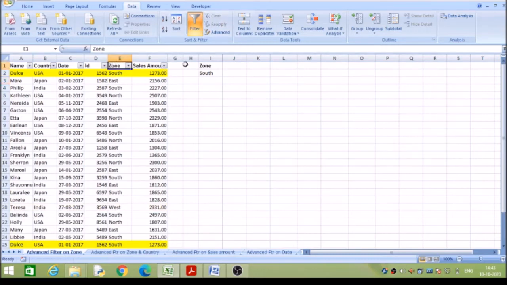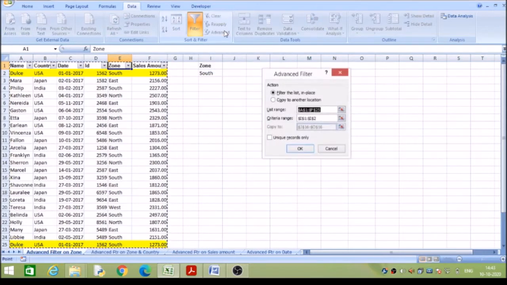Next we'll move to the advanced filter. In Advanced Filter we have two actions: filter the list in place, and copy to another location. Here the data is automatically selected. The list range is the data on which we want to perform the filter operation.